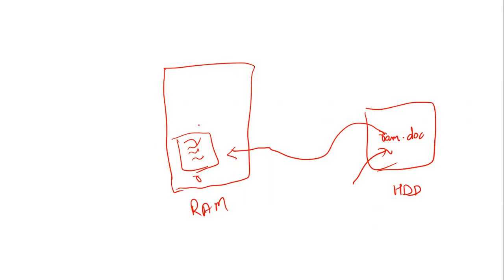In between, you press Control S to save this particular file. Once you press Control S, the content is saved inside your hard disk. If you shut down your system after that, the data is saved. But if you are writing something and in between the power goes off, your data is not saved in your hard disk.